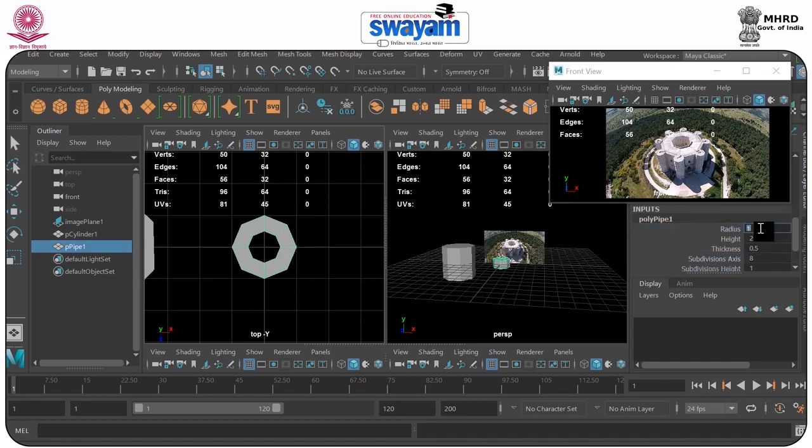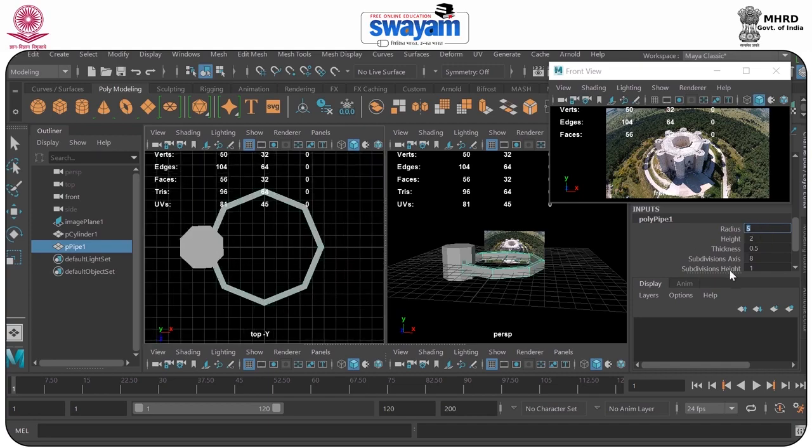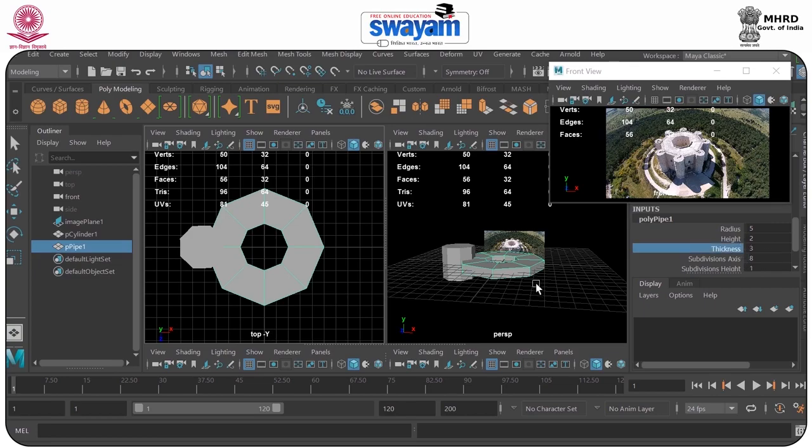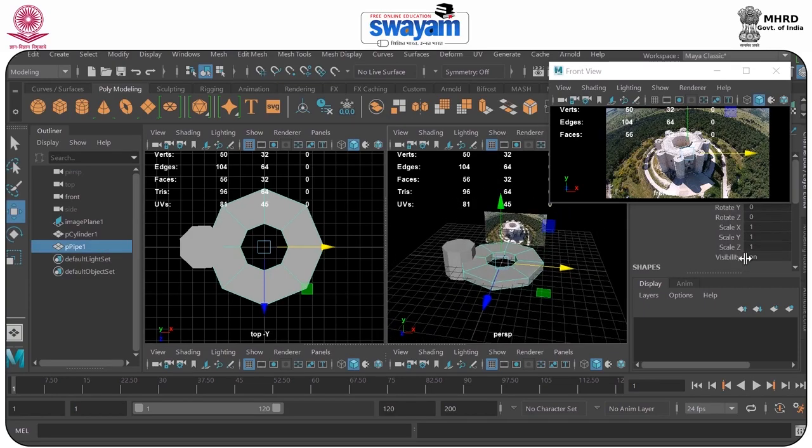So I am going to increase the radius here, and thickness you can manually select and drag the thickness value. So I think it would be fine here, and we require to add height here.